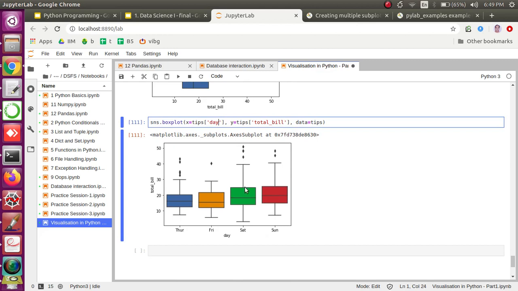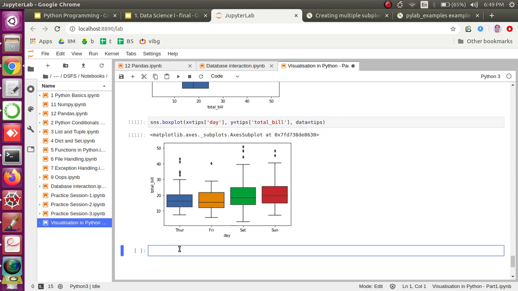So how the customers or the bill amount are spread over the days. This is an interesting plot, very useful in exploratory data analysis. At that time we will explore more about this particular plot. Okay, so that's all I wanted to share on Matplotlib. As and when we come across any new situation, I will make a new topic or new plot. In the next session we will be discussing a little bit more on Seaborn, how better it is,